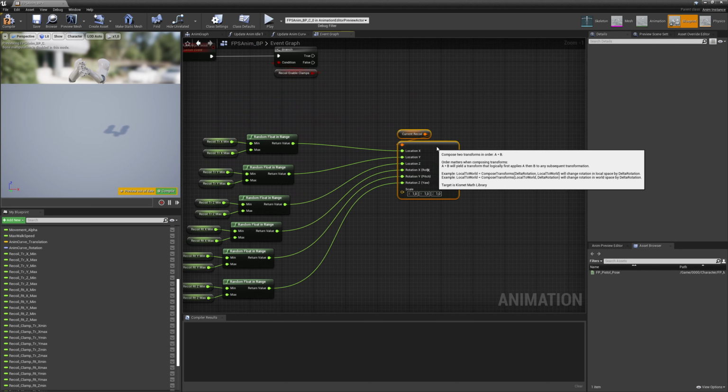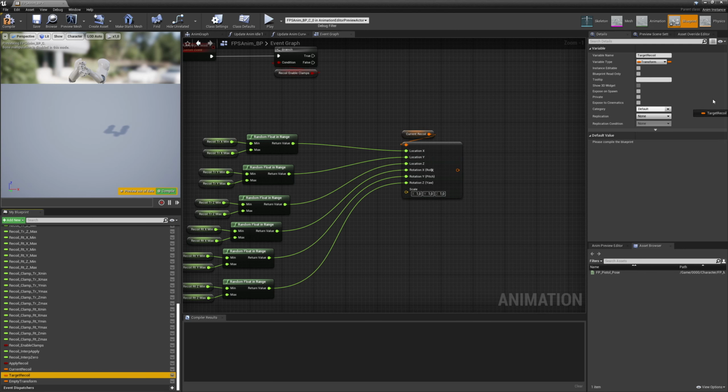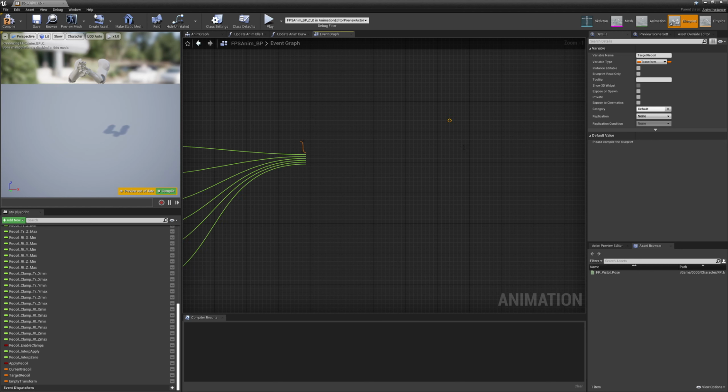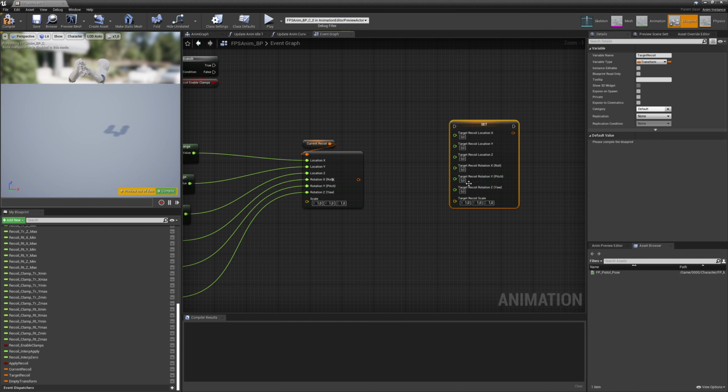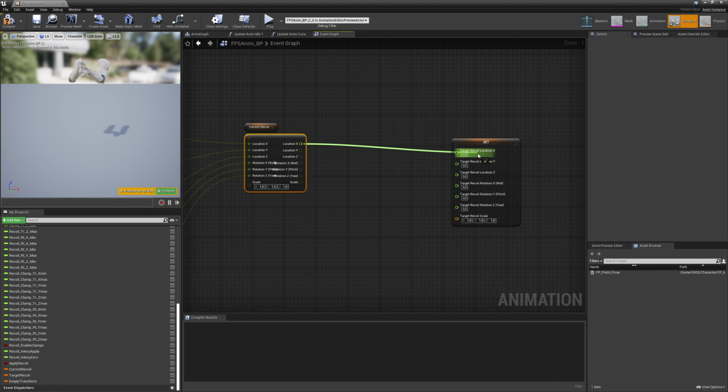So if we have the new target transform, then we want to store that. So we're simply gonna drag in the target transform recoil over here, and we're gonna split this again. And also the rotation and translation. And let's do the same over here. Now we can connect these up